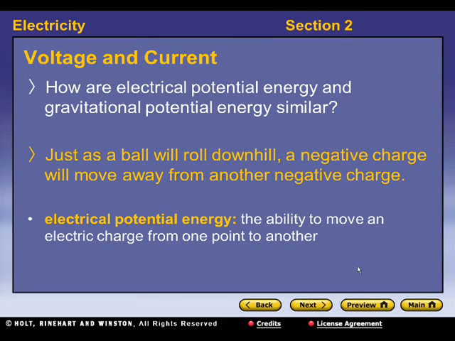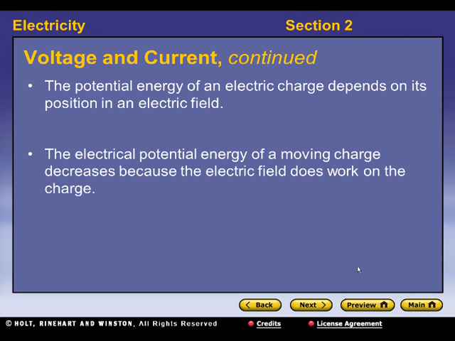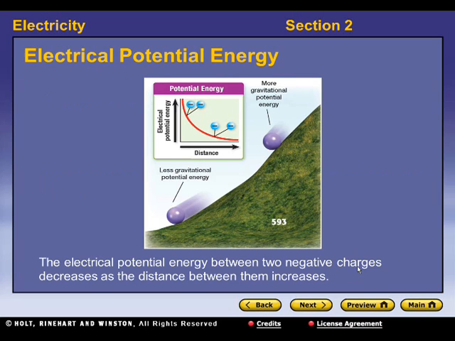So electric potential energy is the ability to move an electric charge from one point to another. The potential energy of an electric charge depends on its position in an electric field. The electric potential energy of a moving charge decreases because the electric field does work on the charge. So you have electric potential